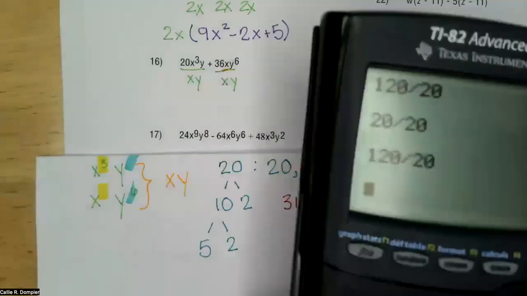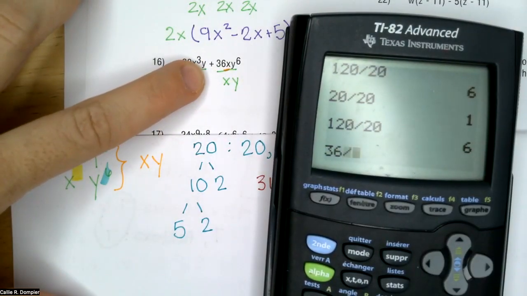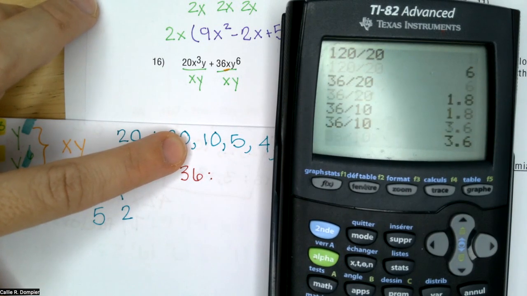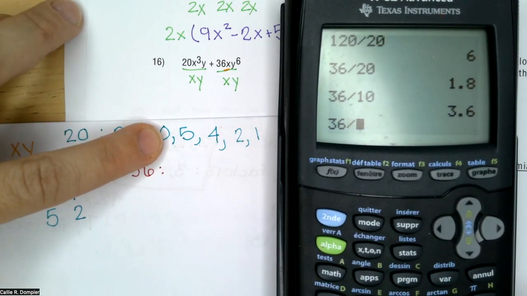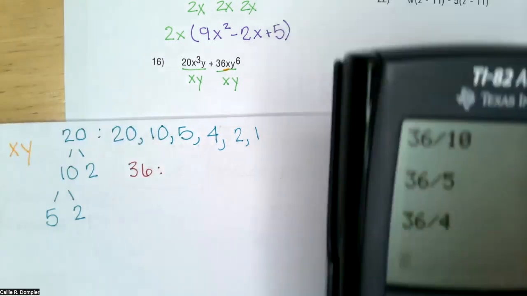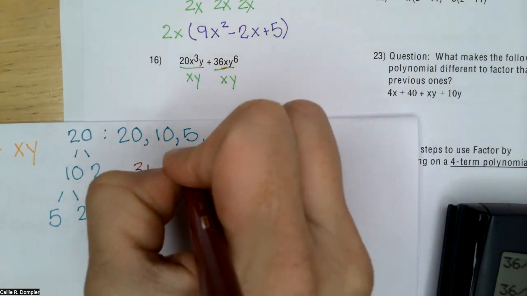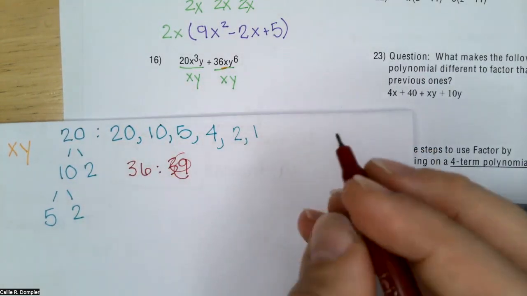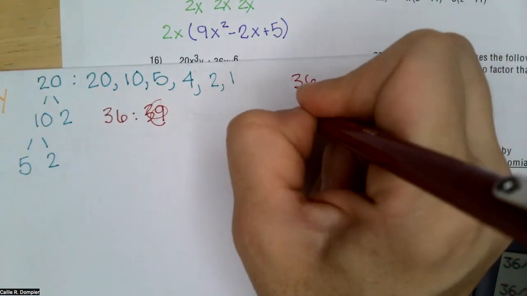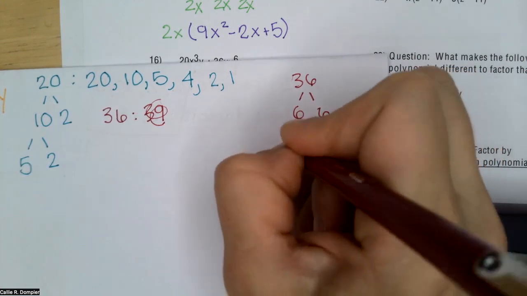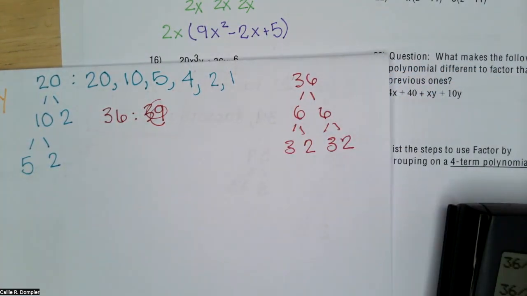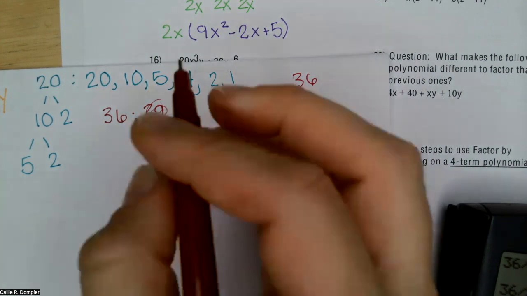36 divided by 20 isn't going to work, right? No. 36 divided by 10 is not going to work, right? No. 36 divided by 5 is not going to work. No. 36 divided by 4. 36 is, for example, 6 times 6. Right? So 36, the factors are